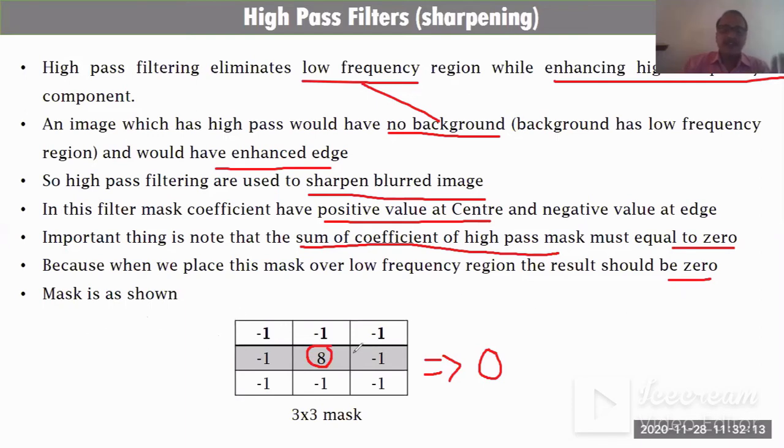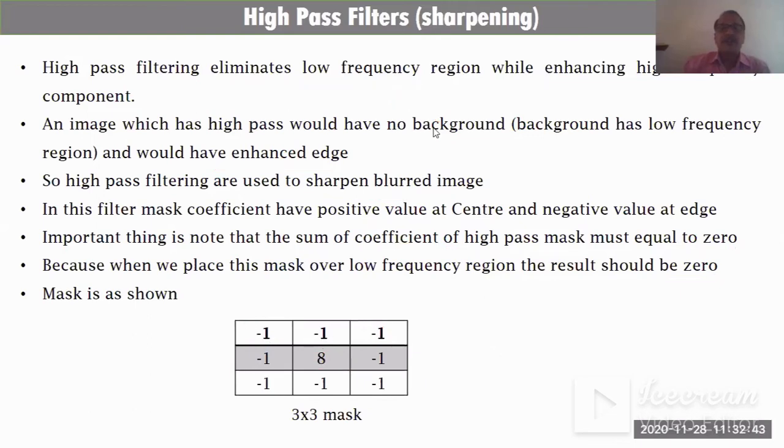There is one another variation. Suppose you write 4 here. Then you can, for example, change these to 0, 0, 0 and 0. Now when we sum all this, it becomes 0. Or you can make this 0 and this -1. Whatever it may be, ultimately the goal is that the center value is positive and all other values are negative, and the sum of all these values must be 0. So these two things are important for the mask.